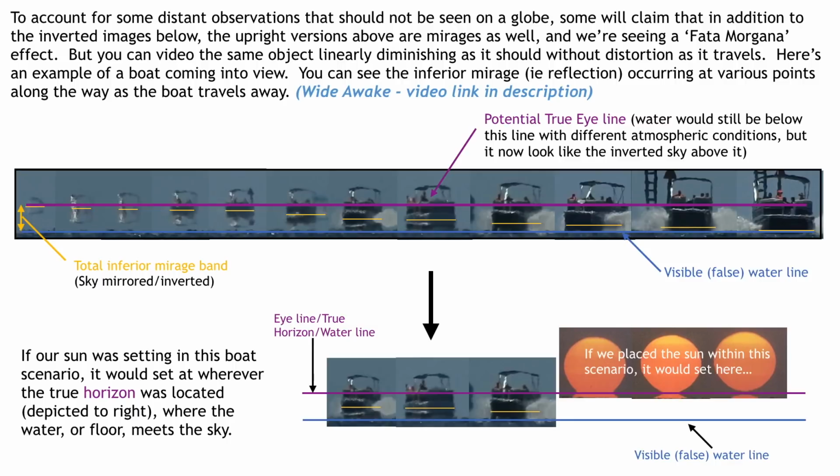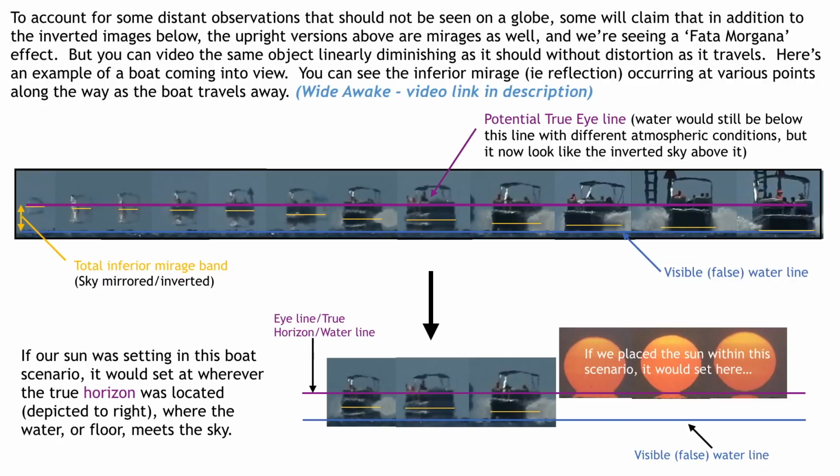But you can video the same object linearly diminishing as it should without distortion as it travels. In other words, this is a real boat. It is the boat. It's not the mirage effect of one. So again, here's an example of a boat coming into view. You can see the inferior mirage, i.e. a reflection, like we'll talk about here in a minute, occurring at various points along the way as the boat